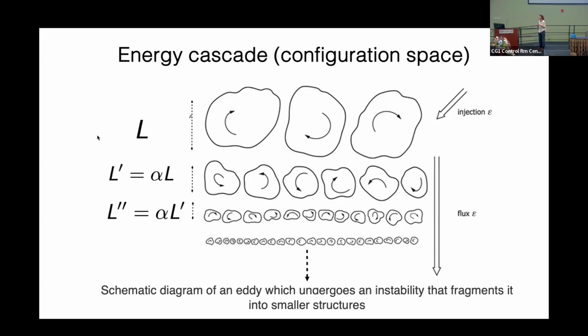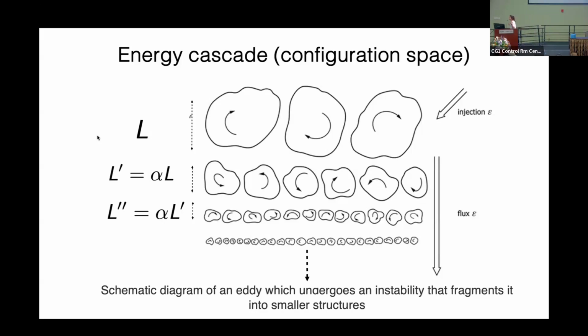And at the basis of this phenomenon is the nonlinear transfer of energy through the formation, interaction, and destruction of vortices, okay? Now, there is no current framework that really captures how this process works actually, but the commonly accepted scenario is that there is an instability of these vortices, okay, that breaks them scale by scale.